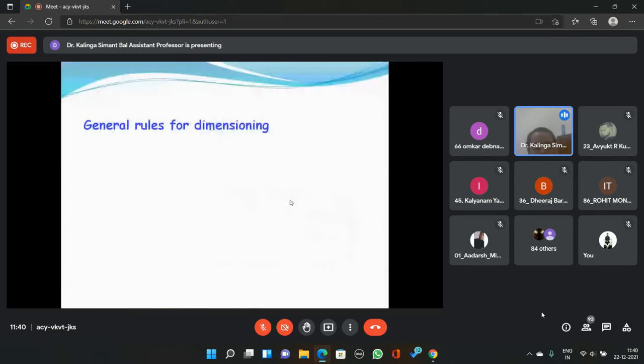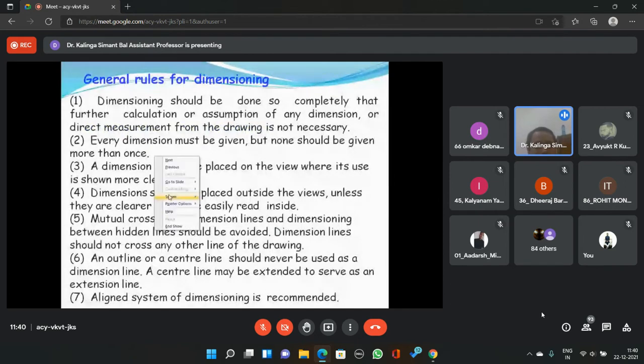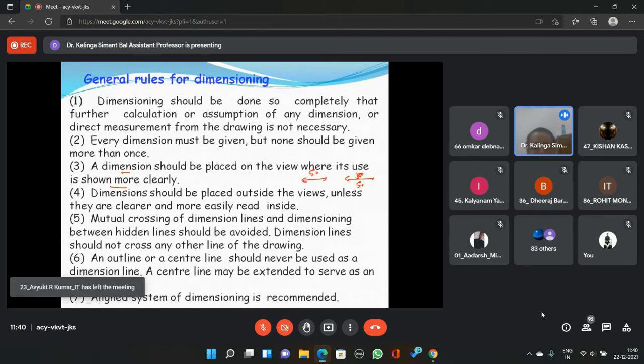And the dimensions should be placed where they are clearly visible, not inside the diagram. It should be placed well separated from the arrow you have given here, like 50 mm above or below. It should not actually. This is not the correct way. It should have proper spacing this way. You should not touch the dimension line in the way.